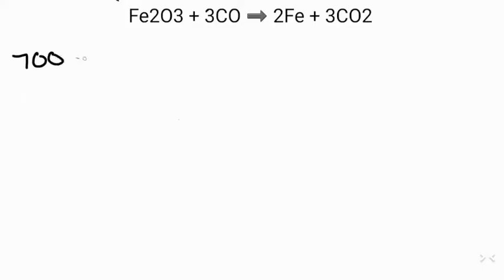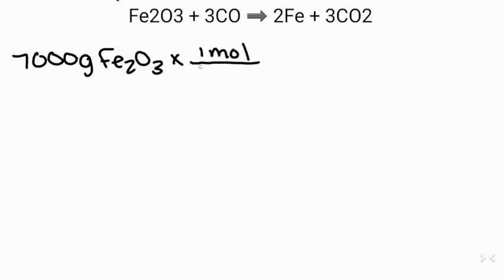Question number 2. The equation for the reduction of iron ore in a blast furnace is given above. So part A, how many kilograms of iron can be produced by the reaction of 7 kilograms of iron oxide and 3 kilograms of carbon monoxide? So first step, we would have to convert 7 kilograms and 3 kilograms to grams